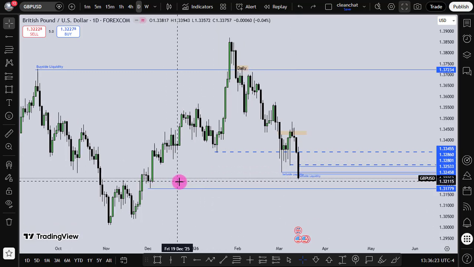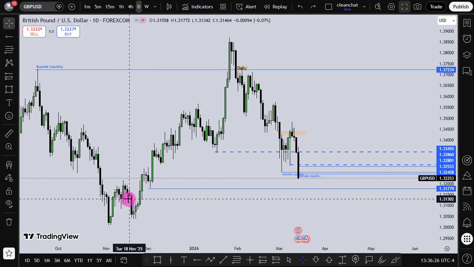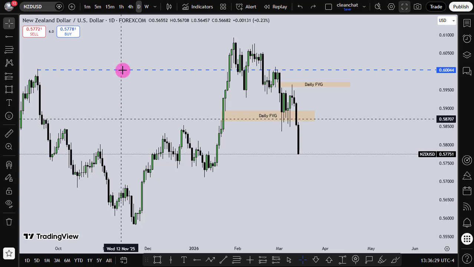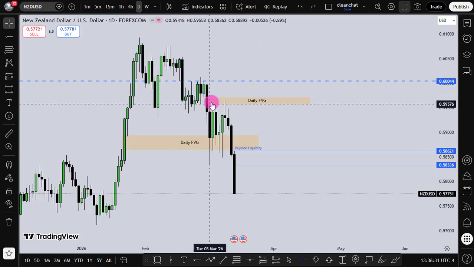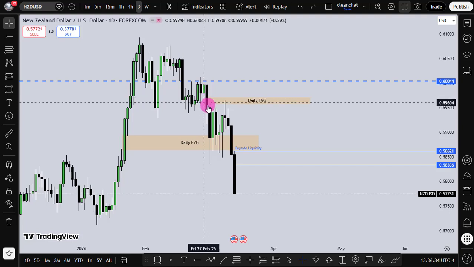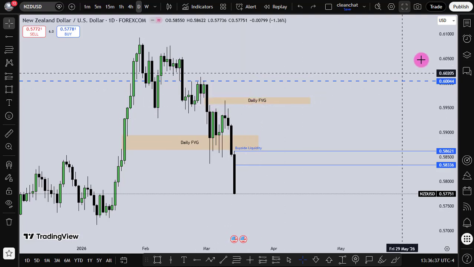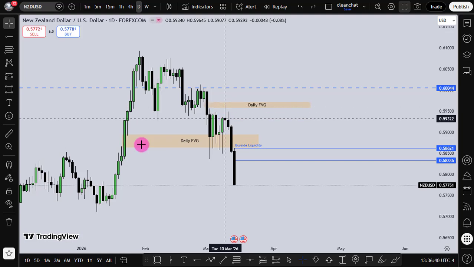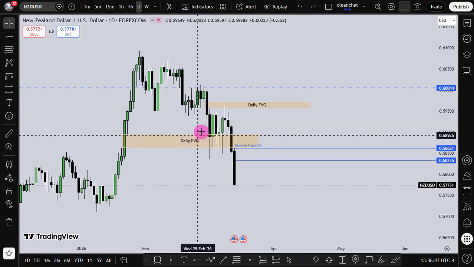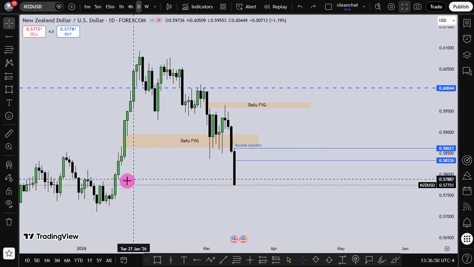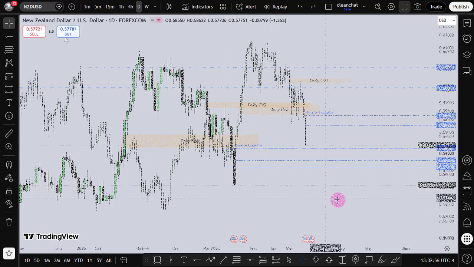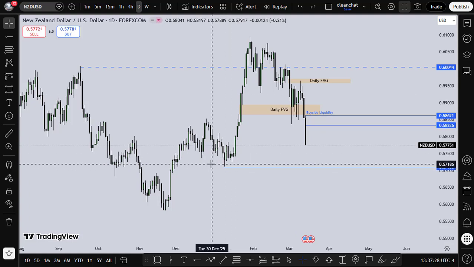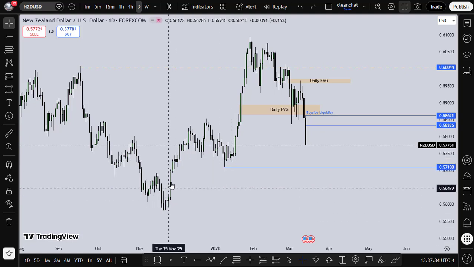All right, so looking at this, let's look at the NZD USD. That's the last pair. Look at the daily time frame. I said in the last video that I was looking at how price can retrace back and then respect this daily fair value gap, and price perfectly touched it by this candlestick, and then price started going down. Looking at this fair value gap that was respected, used it as a support and going back to this daily fair value gap. And then I was looking at this small gap here, that's this fair value gap. Long term, this week we are still down, and then I'm anticipating price to attack this and then fill up this fair value gap that is right here,